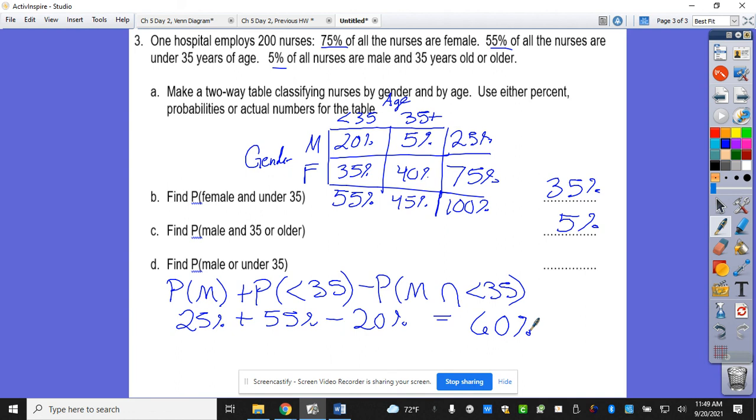Questions on anything on the left side? So if I wrote these instead with the numbers, this would be 200, 90, 110, 150, 50, 10, 80, 70, and 40. You don't have to do both. It's still going to give you the same thing. So male or female and under 35 would be 40 out of 200. Wait, no. Female and under 35 is 70 out of 200, which is 35%. You're going to get the same answer either way. All right, now finish